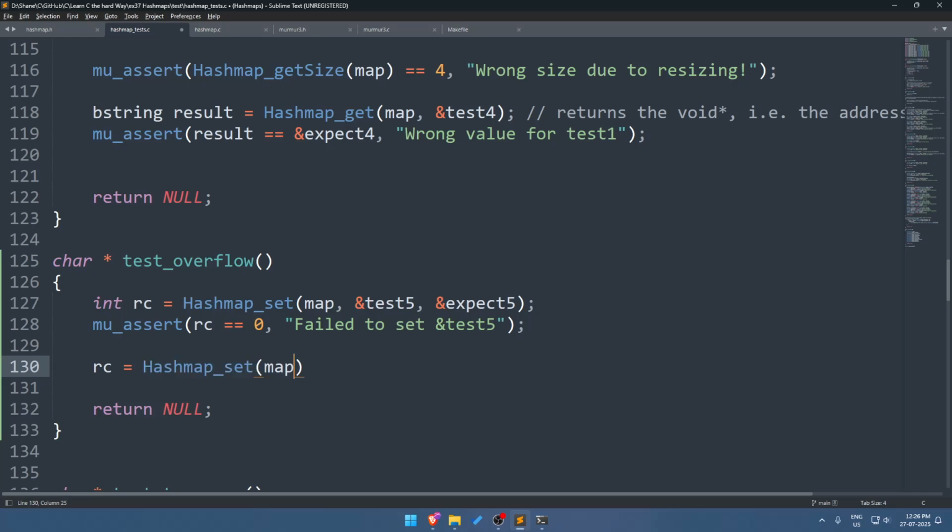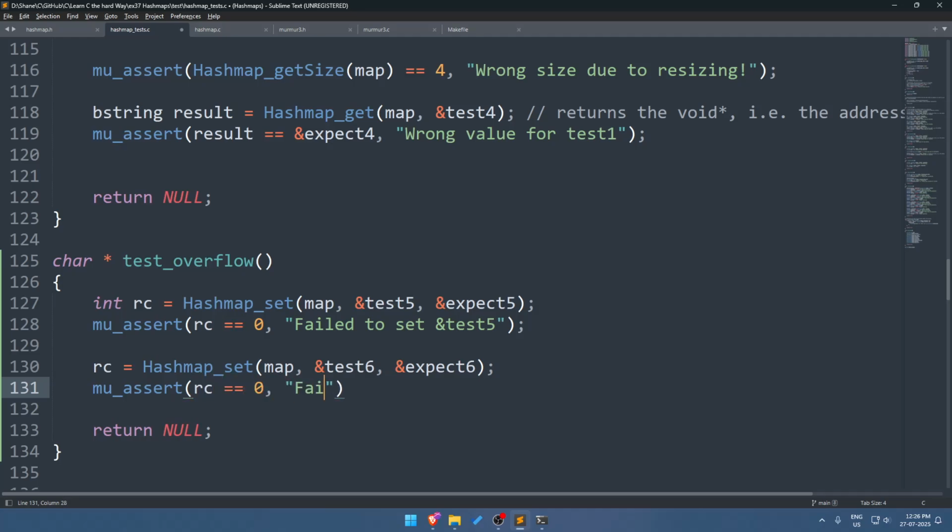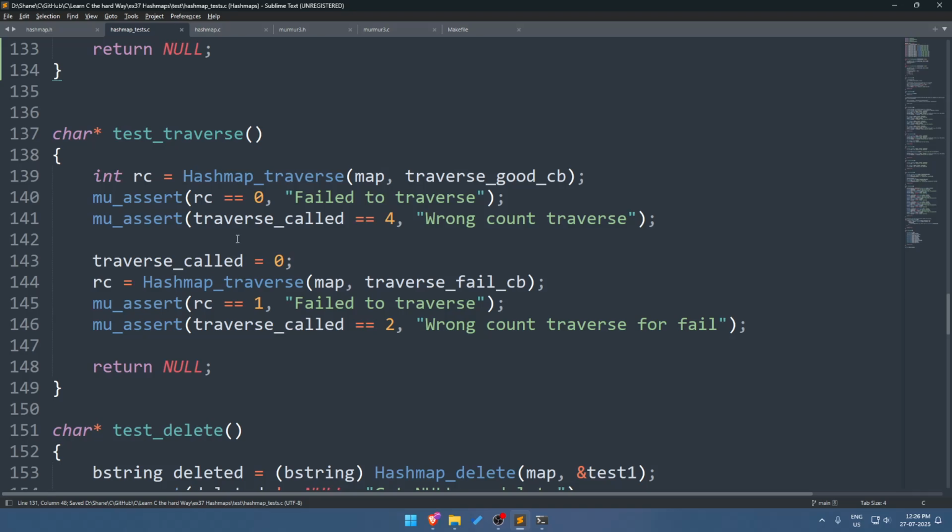Hash map set, failed to set test 6. Okay, now